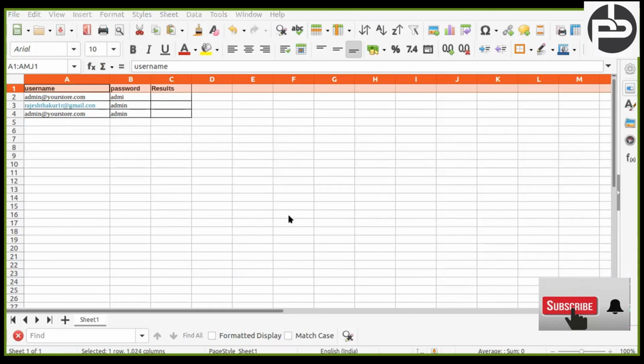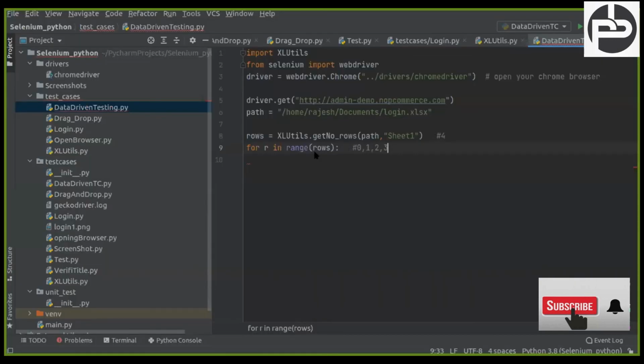So intentionally I am telling the range function, don't start with 0, start with 2. And where do we have to go until? If I say rows, rows is 4, it will return 4. But will 4 print? No, because it will execute from 0 to 3. So I am saying execute till an extra 1.